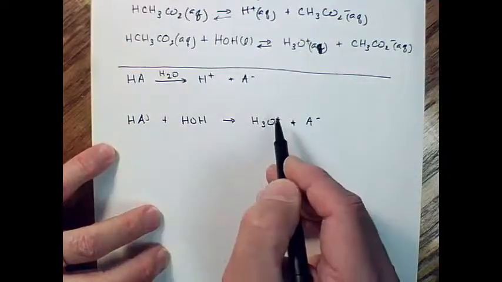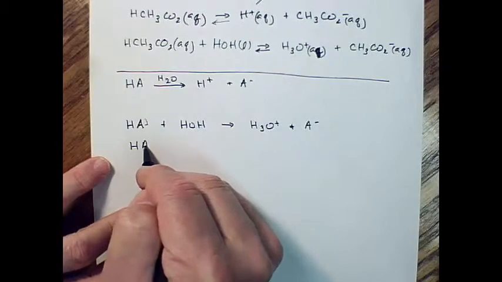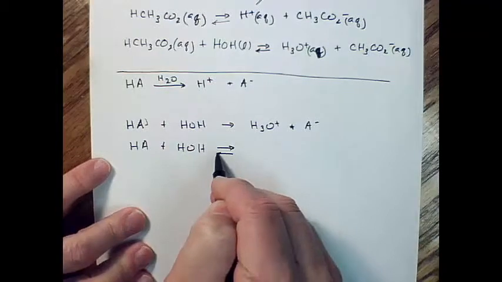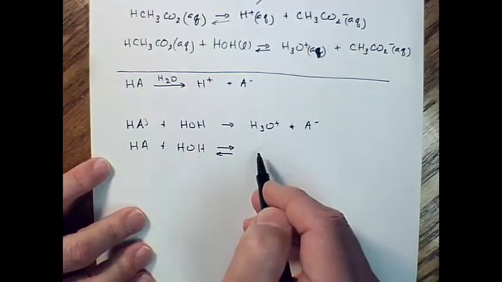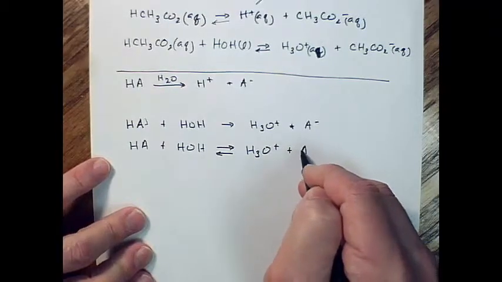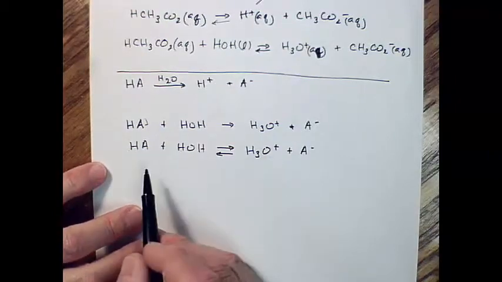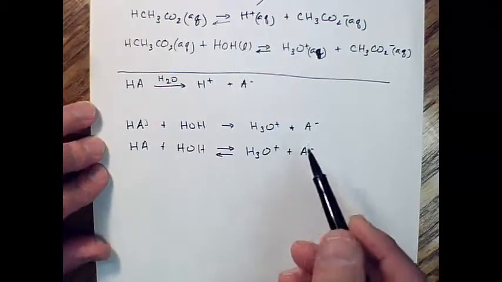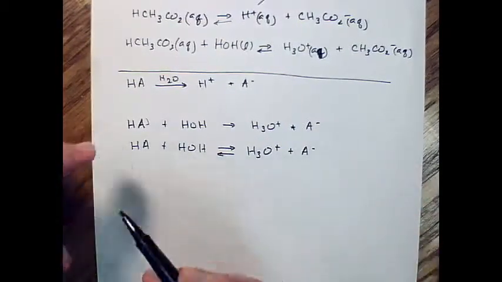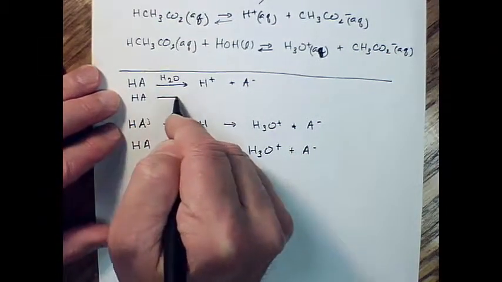Okay, if we have one of those weak acid reactions where we have a forward reaction and a reverse reaction going on, then we'd write this Bronsted-Lowry reaction in this way. And this is really the only difference here in this general formula, that there's a forward reaction and a reverse reaction creating this equilibrium. There's a point in time where the rate of the forward reaction equals the rate of the reverse reaction, and we get this balance between the parts. And here we do kind of the same thing